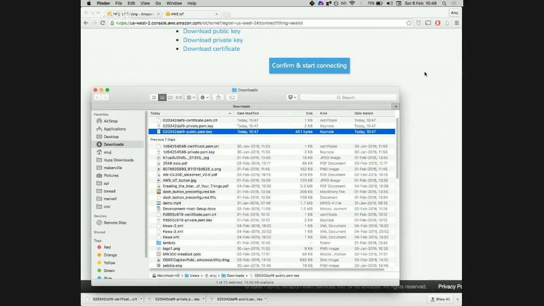So this private key, is it the Amazon API key? No, that's not the same one. That's the key that identifies me as a user. This identifies a device. Again, that is linked to me as a user, but you can't use this private key and public key to access other Amazon services from my account. So if I give this key to you, you will only be able to access the device. You won't be able to access everything else. Yes, any communication that happens between AWS IoT and my device happens using these keys.